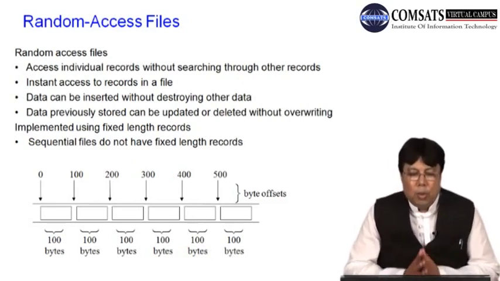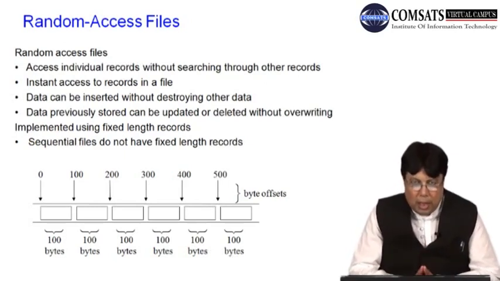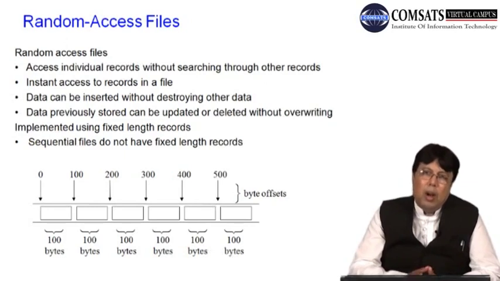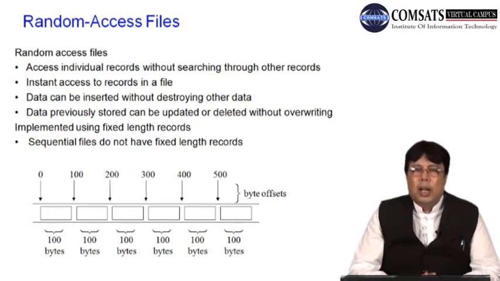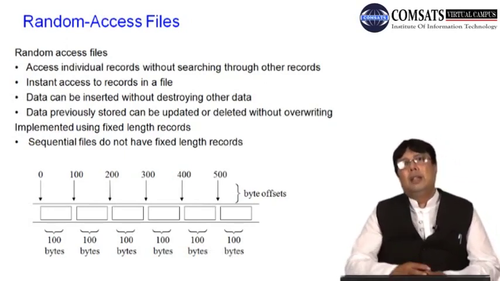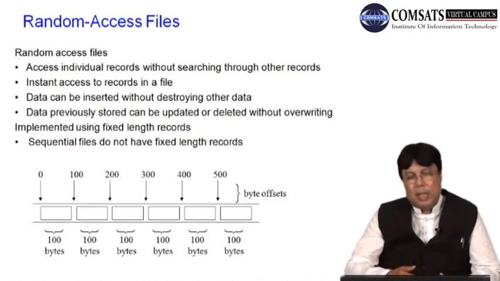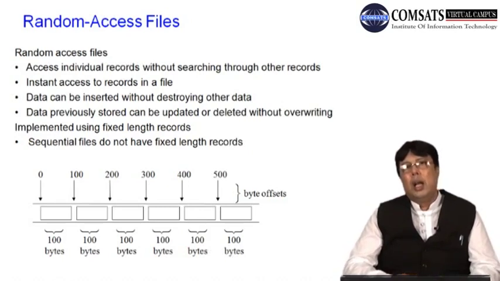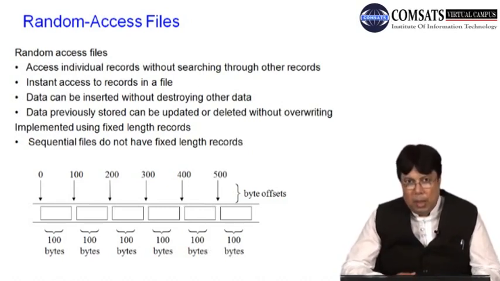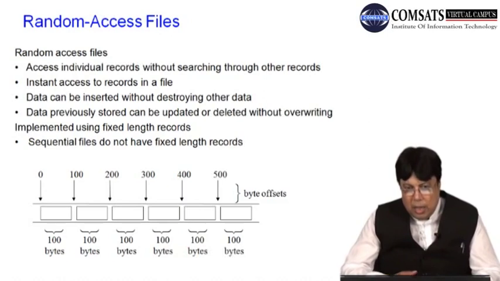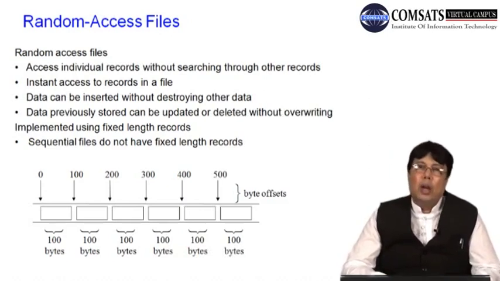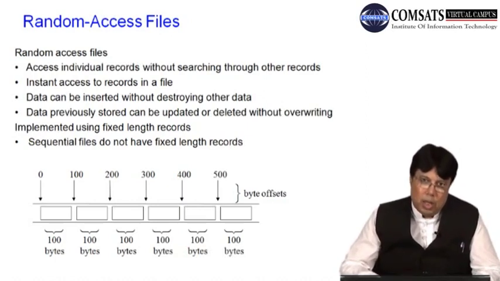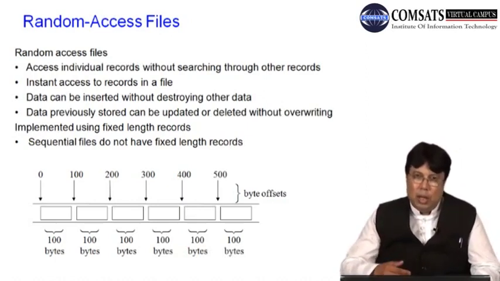But suppose we want to update the record, and suppose we want to access a particular record directly. Another limitation with the sequential file is that you can access the data only sequentially. So if you have 10,000 records, and you want to read record number 9999, you are required to read record 9998 first, and then you can read the record